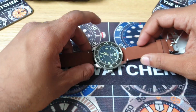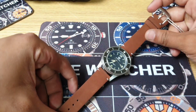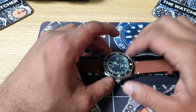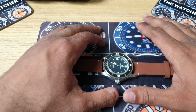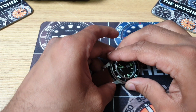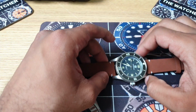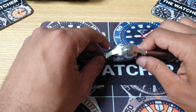As mentioned, you do need a larger wrist to make this look proportionate on the actual wrist. And I believe this issue has been on this watch since it first came out. This watch has been out for a fair few months, and I think it's something they need to be proactive about. If I've given a design to a factory, I want something made, this is my first sample, I feel that bezel, I'd give it back to them until they can improve it. Now, I don't know why it's so different. Maybe the mechanism is slightly different. Who knows? If somebody has opened this up, then please put something in the comments